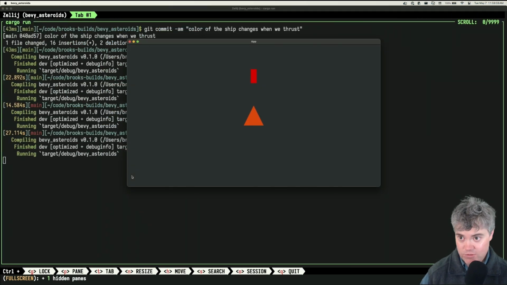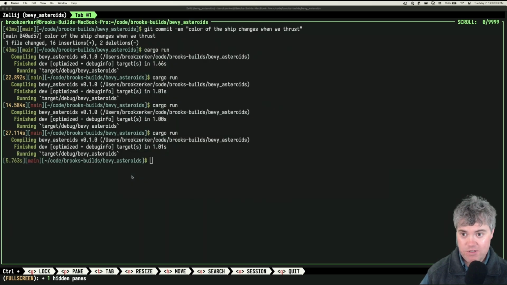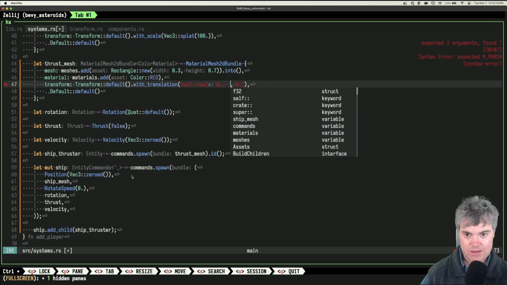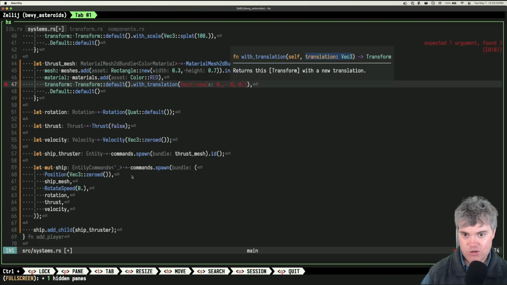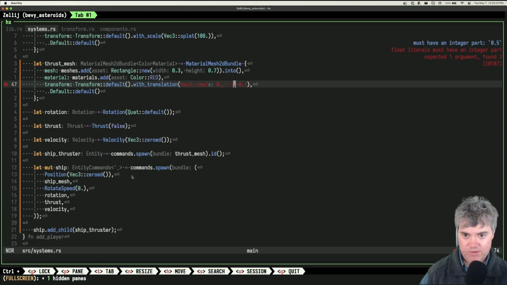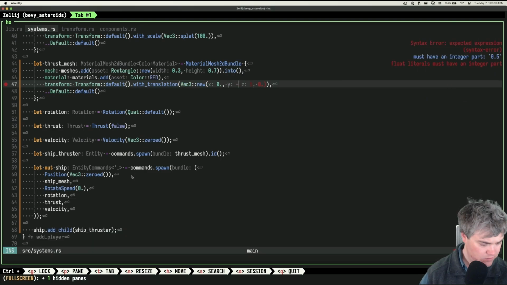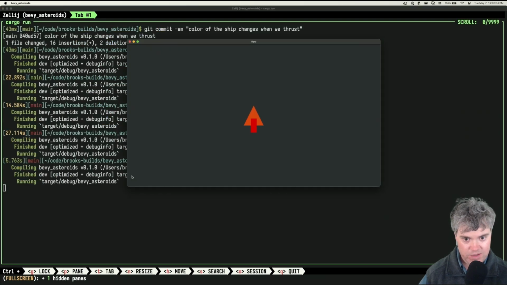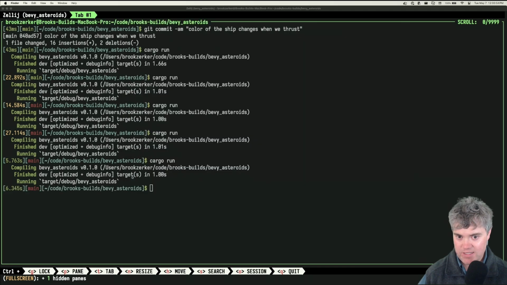That was the wrong direction. I am not very good at figuring out which directions I care to go with. And it's way too much. I keep on forgetting that everything must be really, really small. The world is tiny. So let's move it down by like 0.5. I think that would be fine. Oh, and it needs to be negative. Oh, I have to do 0? Yeah, okay. Cargo run. All right, so maybe a little bit less tall.